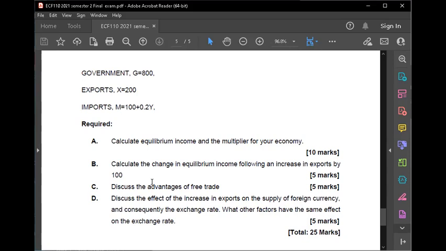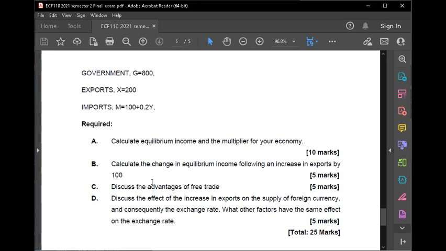Because if there's free trade, everyone can buy things from another country without sanctions, without tariffs. So it means a country like Zambia can just specialize and say, since we'll be able to buy food from other countries, let's not panic, we start producing other things that we are good at. Let's just specialize. So it brings about specialization, which improves productivity. When there's free trade, investment is high as well. So I think those are some of the advantages.